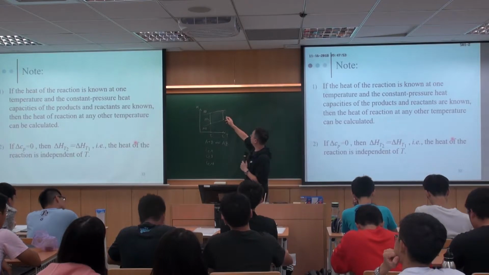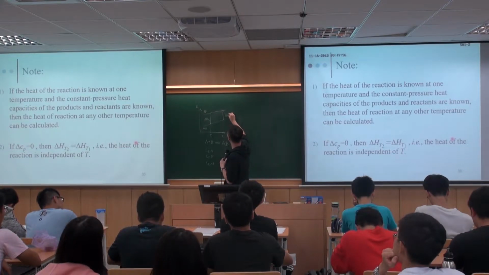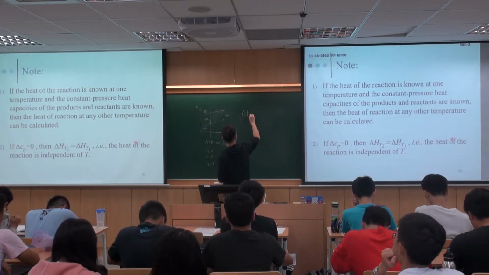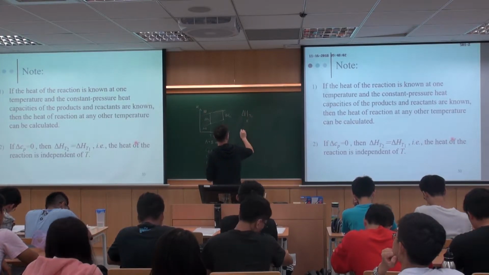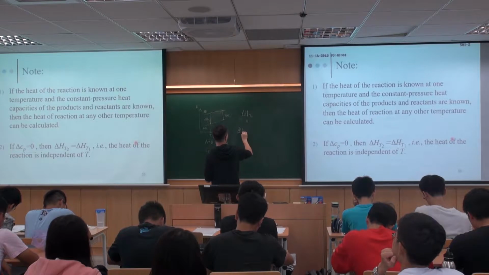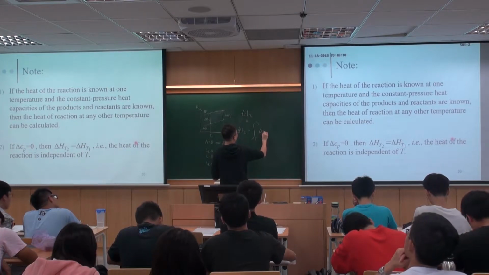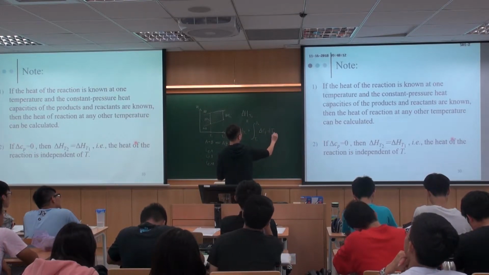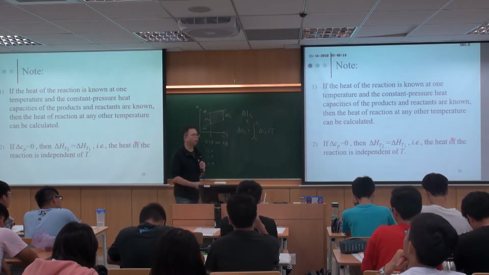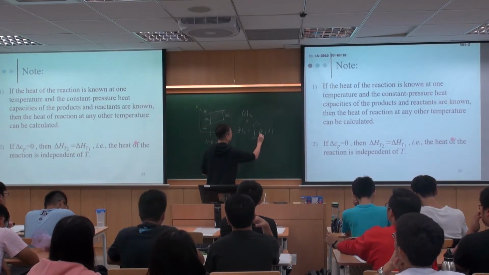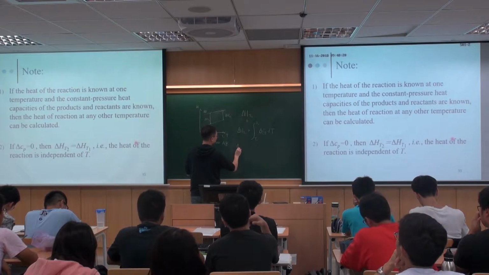In order to calculate this, this is actually delta H at T1 plus this, right? So the formula is pretty straightforward. And this delta Cp here is